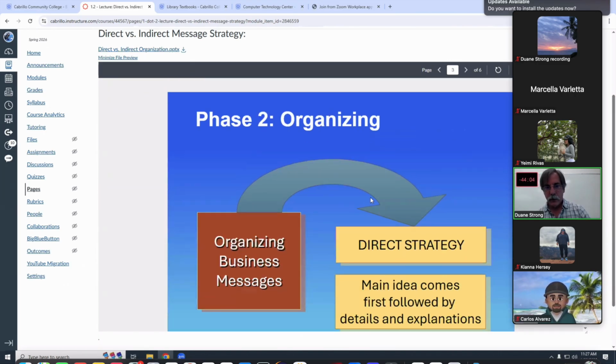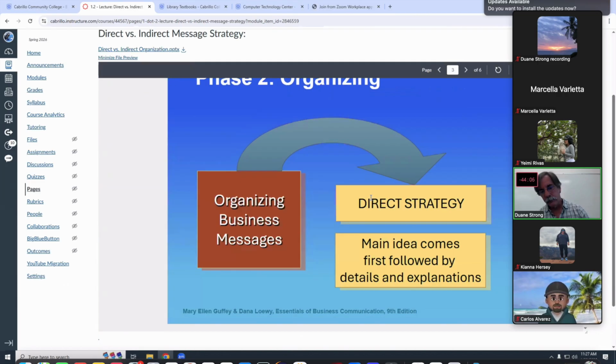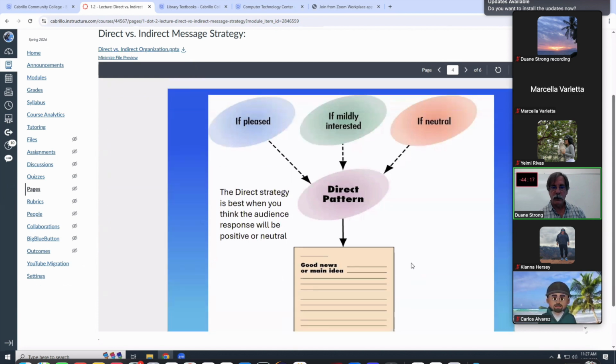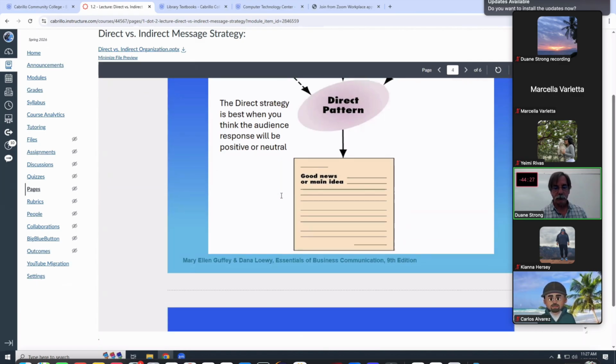So here's some pictures that might help you cement it into your memory. Direct strategy: main idea comes first on top, followed by details and explanations. And we use it if we anticipate that our audience is going to be pleased, mildly interested, or even just neutral about this information.